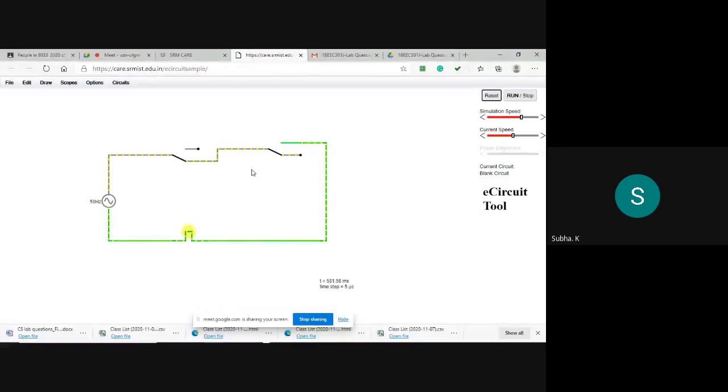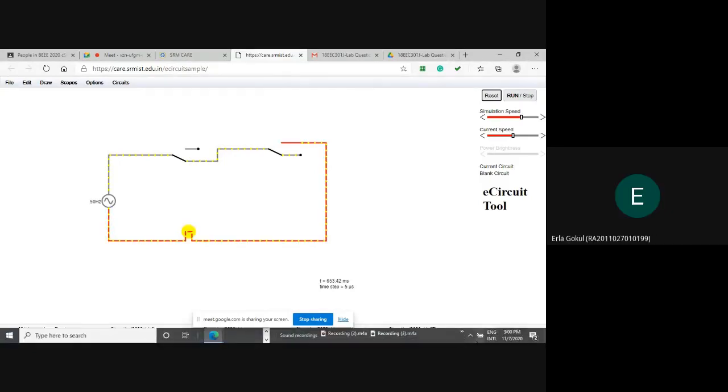This type of wiring arrangement is called as what wiring? Staircase wiring. What are the two types of staircase wiring? Direct and cross. What is the truth table for cross? On, off, on. Off, off, on. Off, then on. On, off, on. Okay. So totally four circuits, 8 circuits you have to copy and paste for staircase. Okay, and truth table you have to fill. Okay.